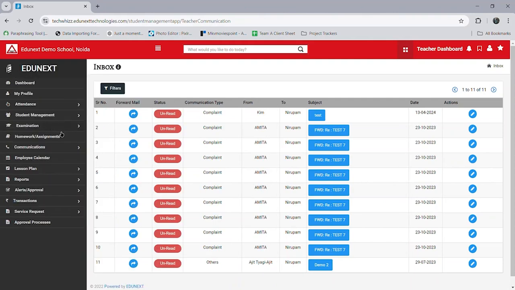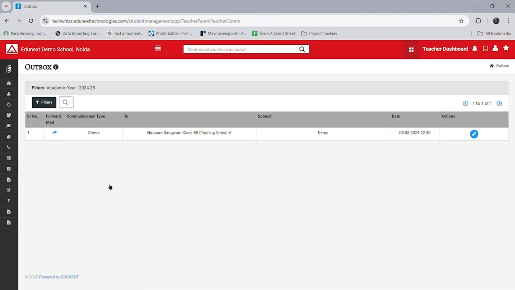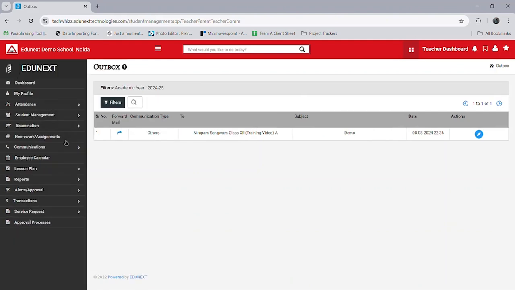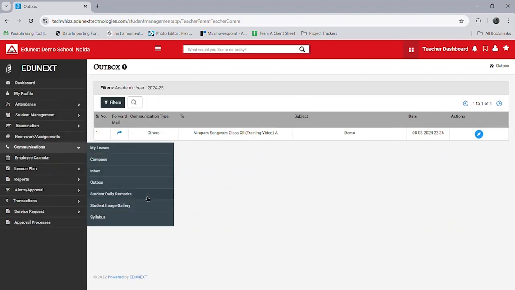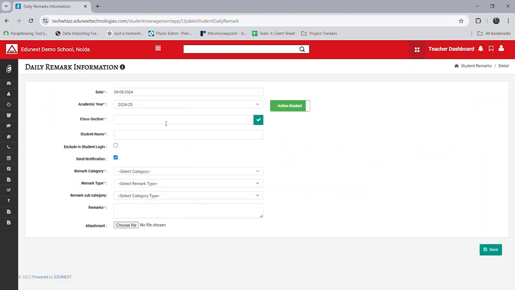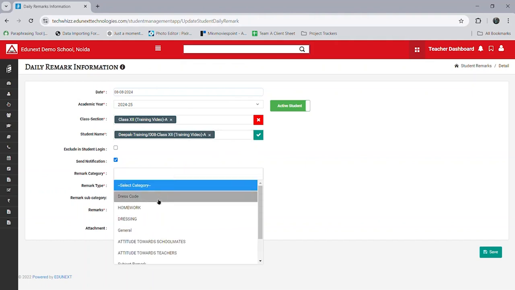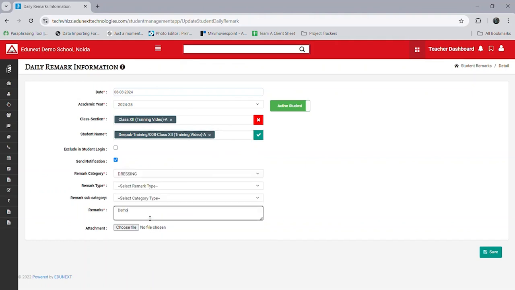Similarly, there is the Outbox option in communication, which shows all the messages sent by you to the parent or the staff. In the communication section, there is Student Daily Remarks, from where you can send a daily remark to the parent on the basis of student behavior, dress code, class participation, etc. To send a daily remark, you can click on Add Daily Remark, select the details of the student and the